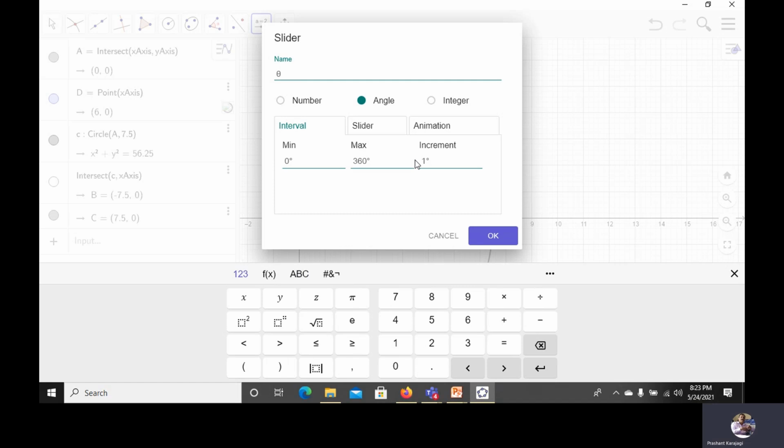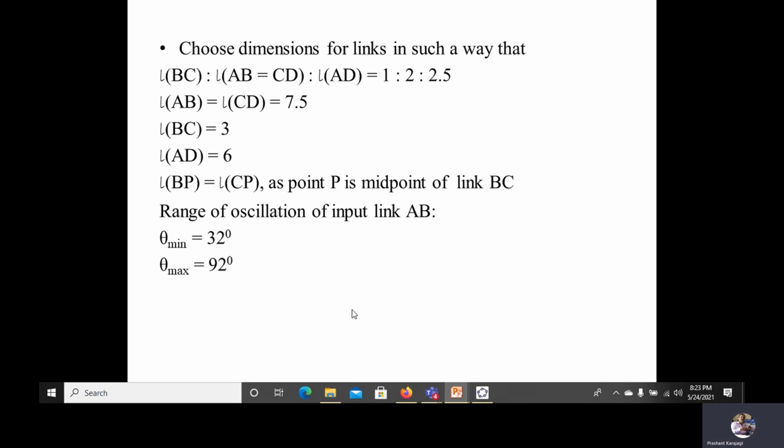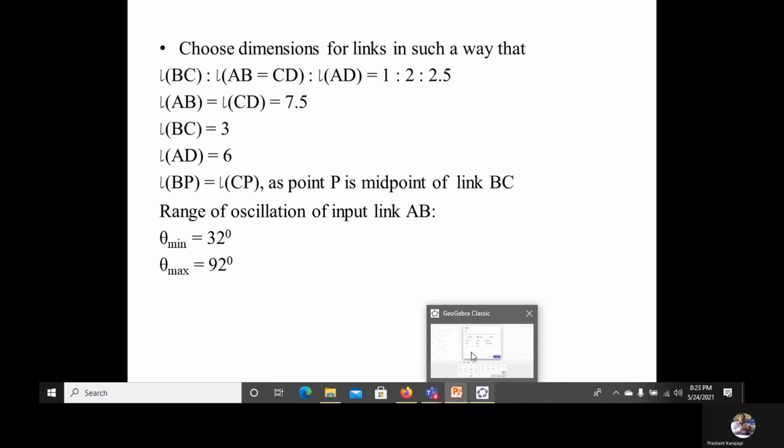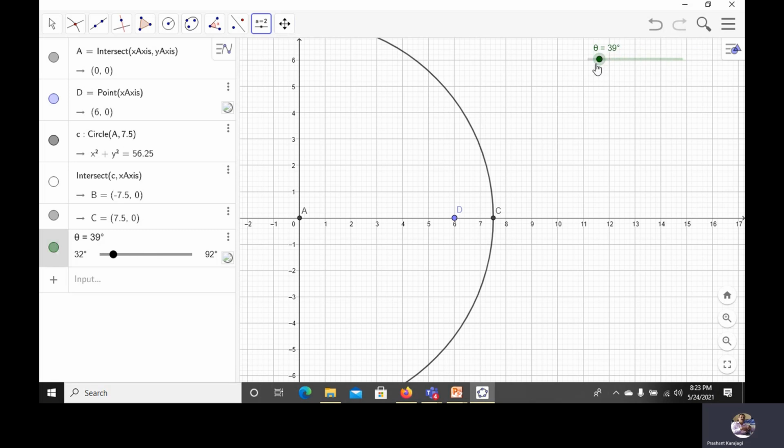Also mention the minimum angular position, that is 32, and 92 as the maximum. Here you are observing the slider, which provides the variation in angular position of the input link.